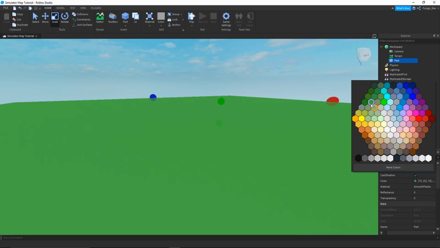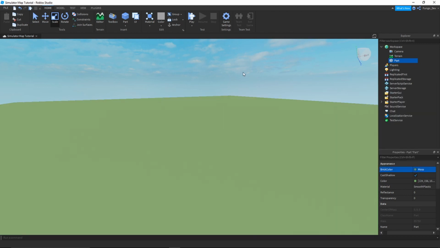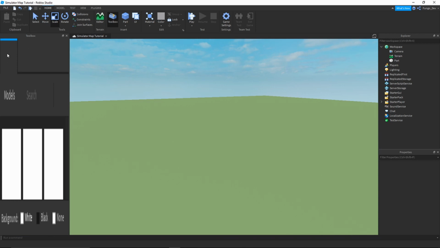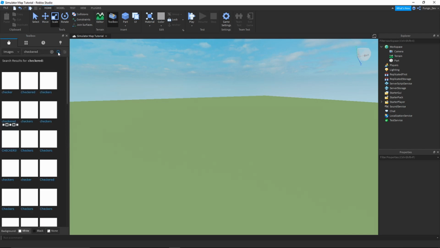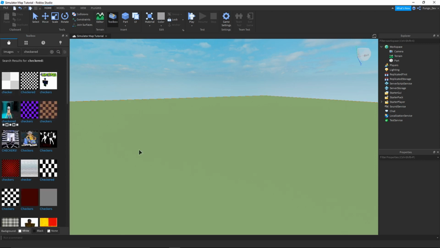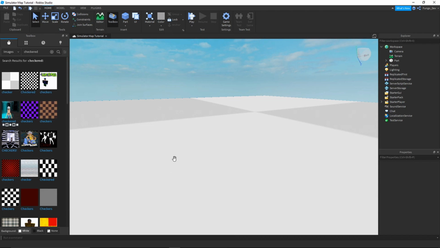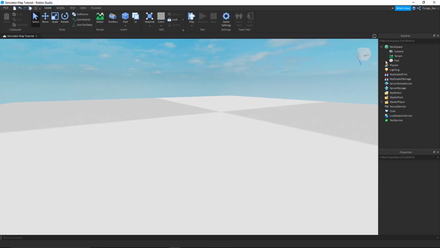Or maybe this one. Next you're going to open your toolbox, go to images, and just search for checkered. Because we want to get a checkered pattern that we can put onto a texture inside of our base plate, or ground piece. So I'm going to take this one right here. I'm going to go into the part,